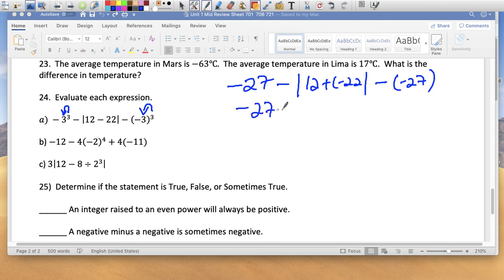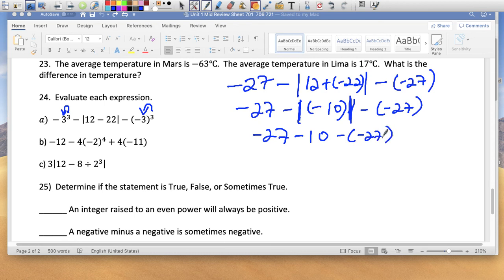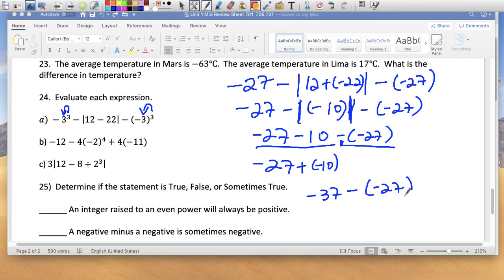Let's take care of these two guys here. 12 plus negative 22 is going to be a negative number, which is going to be 10. Minus negative 27. Negative 27 minus, what's the absolute value of negative 10 here? The absolute value of negative 10 is 10, and then minus negative 27. So we have this expression. Let's take care of these guys. Negative 27 plus negative 10, which is going to give me negative 37, right? And then let me connect to the rest here, the second half, which is minus negative 27. And this becomes negative 37 plus the additive inverse of negative 27, which is 27. There are more negatives, so my answer is going to be negative